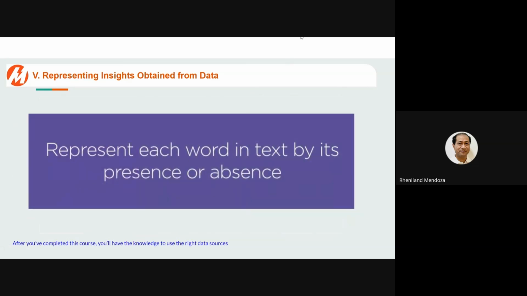One-hot encoding sets up a vector to represent every word. The size of this vector is equal to the number of words in the vocabulary of your corpus. And every word in the text is represented by the presence or absence of the word. So a number one for a particular word indicates that a particular word is present in the document. Zero indicates that the word is absent. This is the simplest way to convert text to numeric form, and actually this is widely used.